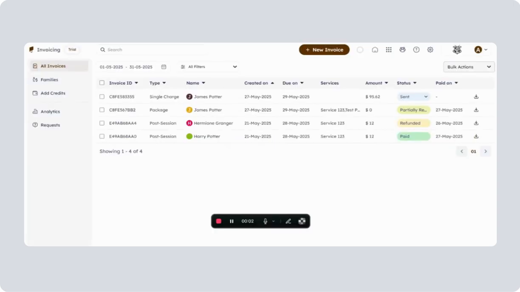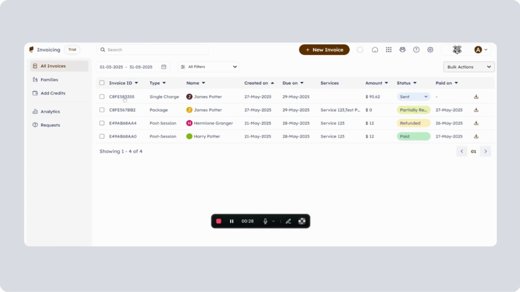If the admin has generated an invoice and has already shared it with the associated family, but the family is yet to make the payment, the admin can cancel that invoice anytime. If the admin wants to cancel an invoice, from the all invoices page, you can see in the table all the invoices which have been generated from the platform.